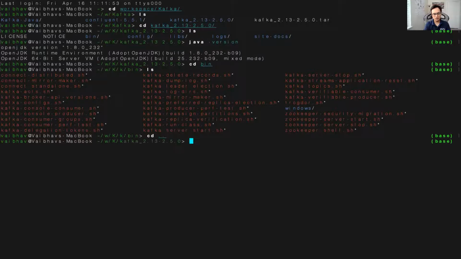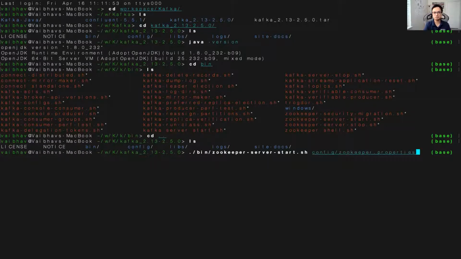Now, if you have installed directly with brew install kafka, you don't have to download the binary or go here. You can directly type zookeeper-server-start, because the paths are already defined in your bash profile. Whereas if you are using the binaries, every time you have to start this command, you have to do ./bin/zookeeper-server-start.